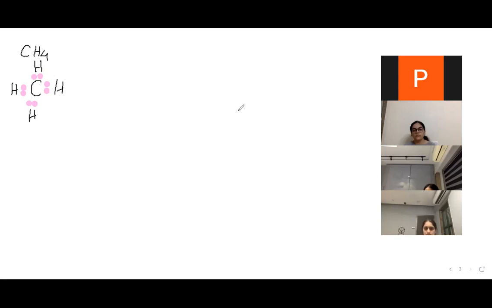So there is a carbon atom, and there are 4 hydrogen atoms around this carbon atom. See how the 4 hydrogen atoms are placed with respect to this carbon atom. So 1 hydrogen atom above the carbon atom, 1 hydrogen atom at this angle here. And remember, these 3 atoms are in the same plane. They are in the plane of this laptop screen. You can imagine that they are plugged into the laptop screen.